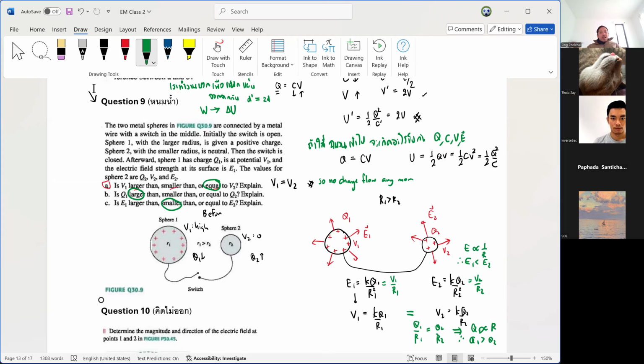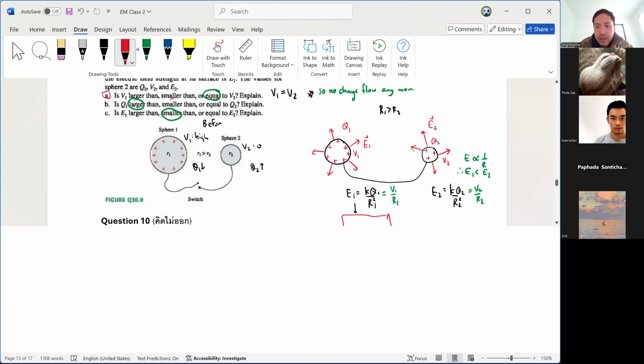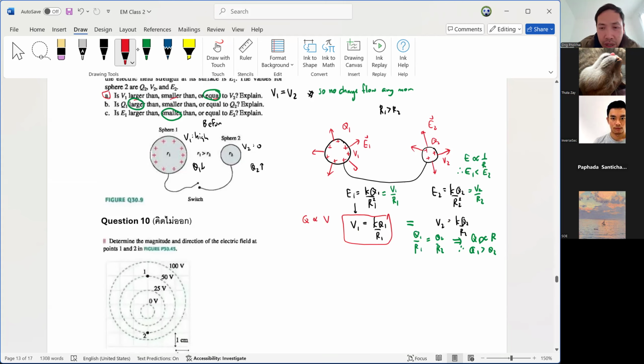Okay, so that was one way of solving this. And if you look at the second formula, you realize that you can look at this as a capacitance problem. You see that Q is proportional to voltage, right? And this voltage would be the difference between the voltage on the sphere and infinity, the ground. You can take infinity as ground. So what is C then? Q is CV, so C is Q over V. So Q over V would be R over K,